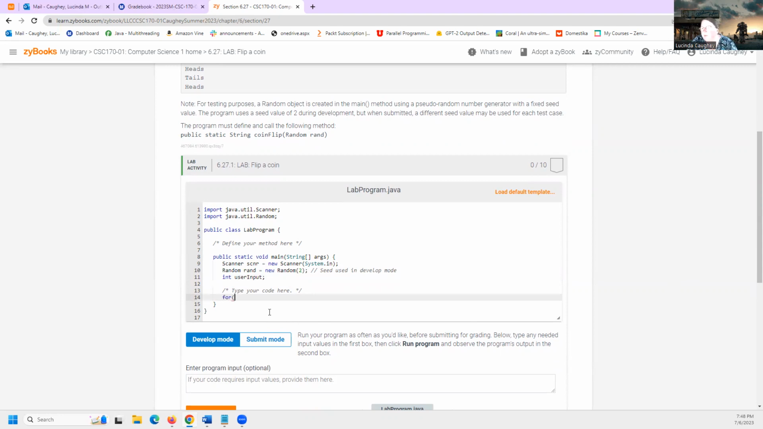And I know I'm using a for loop because I know how many times this loop needs to execute. It's going to be for i equals 0, i less than user input, i plus plus. Okay. Now, if they said until the user